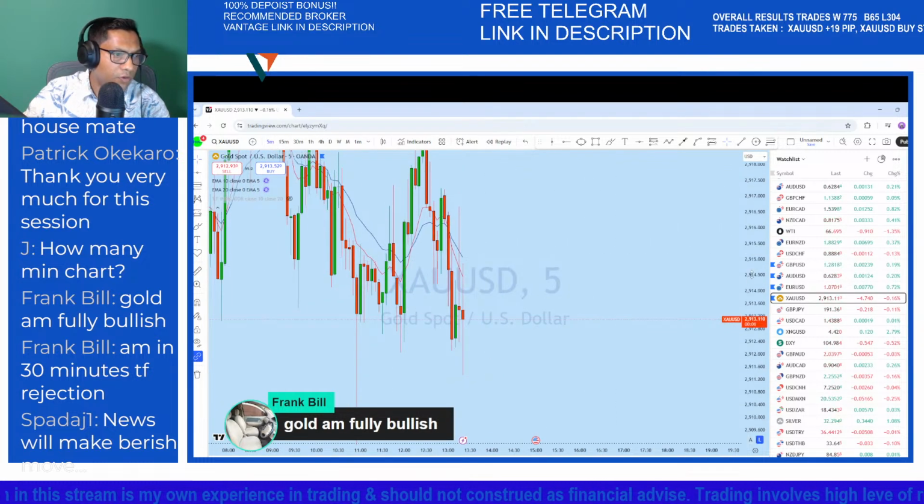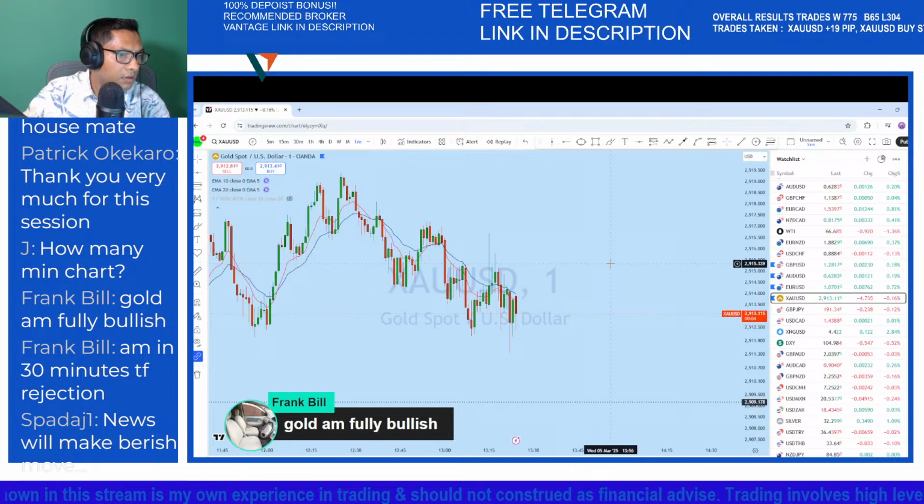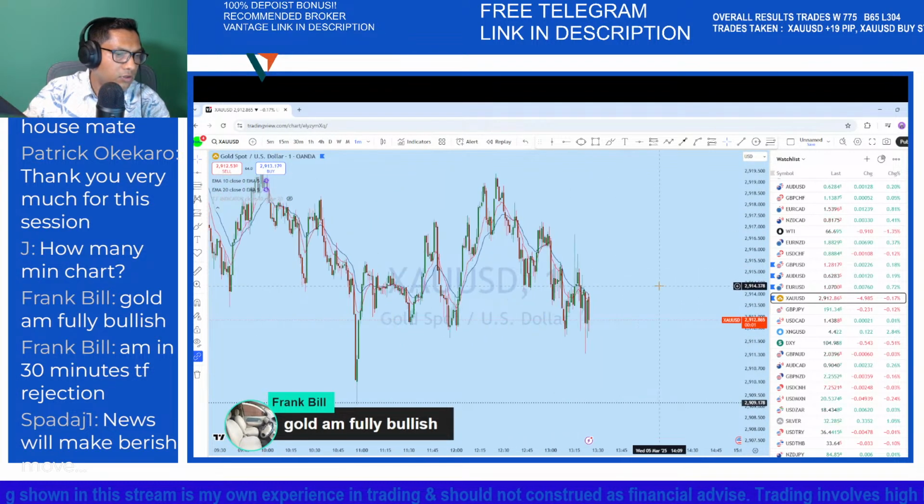So you can see the dodgy formation here. And with the dodgy